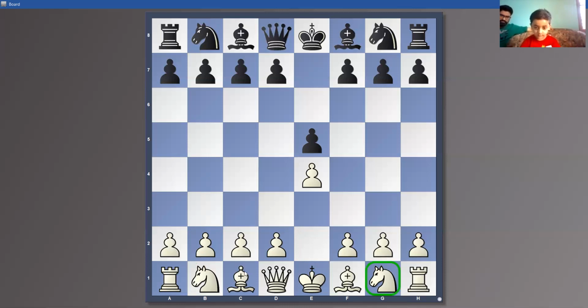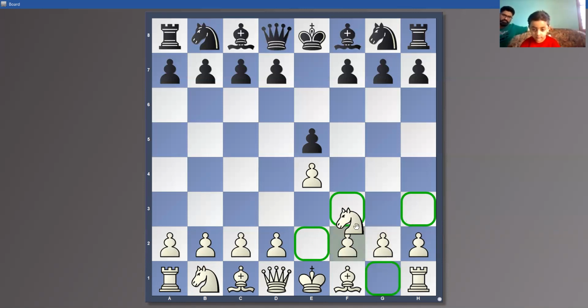So where do you want to move this G knight? Left side. Okay, you want to go to E2 or you want to go to F3? It can also go to H3. F3. Okay, very good. And we will discuss after this game why not these two squares. So you played knight F3.